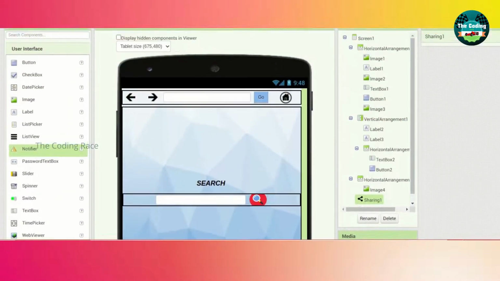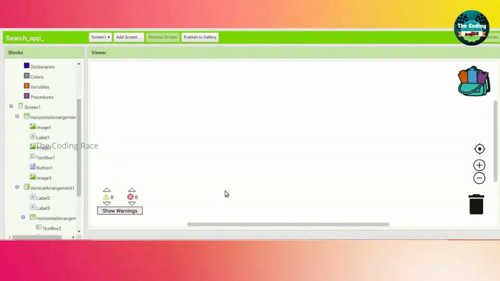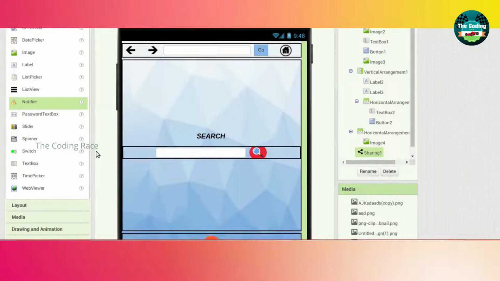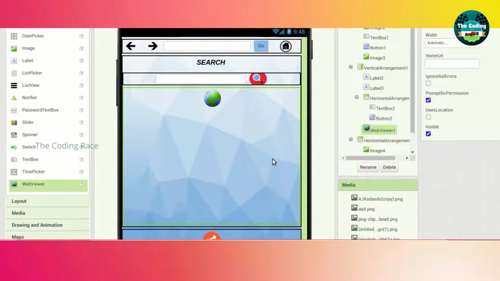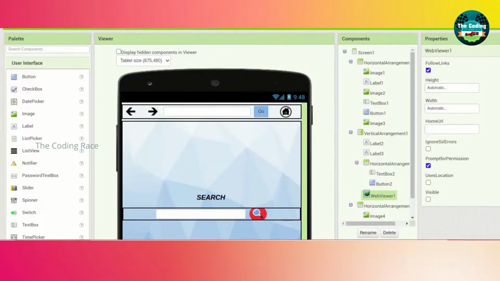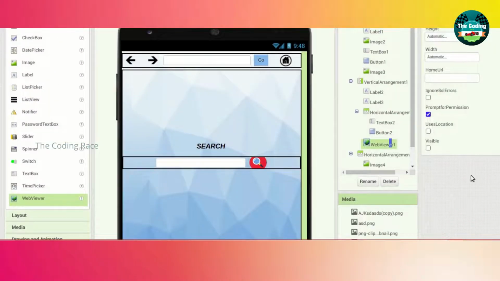So this is our design. Just go to the blocks section. Go to design.